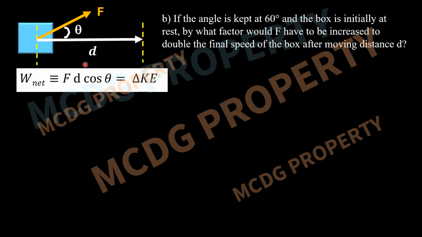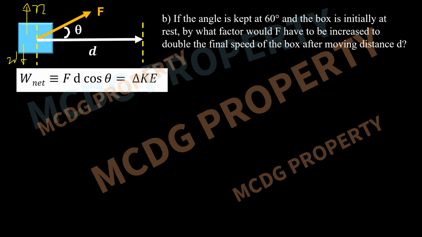Now, we know that the work done is related to the speed via the work kinetic energy theorem. So the total work done, or net work, is equal to the change in kinetic energy. As you can see here, the total work done was just equal to Fd cosine theta. But we know that there are other forces acting on the box. Assuming that there's no friction, the other forces acting on the box will be the normal force, which is upward, and the weight, which is downward.